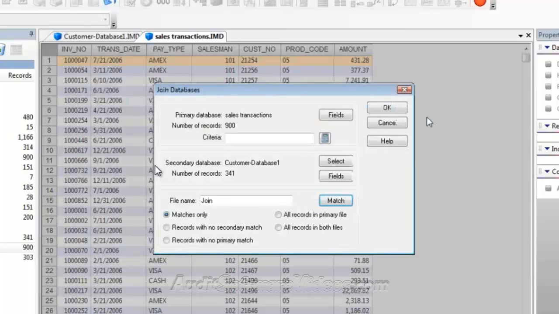I hadn't told it whether it was ascending or descending or how I wanted it sorted, because remember what I said? We don't know which order this file's in. I could sort them or I could index them, but in fact I'll let the machine do it for me. I'm going to take matches only, records with no secondary match, records with no primary match. I'm going to take all records in both files, okay, because I want to look at those separately later on. And if I say OK now,